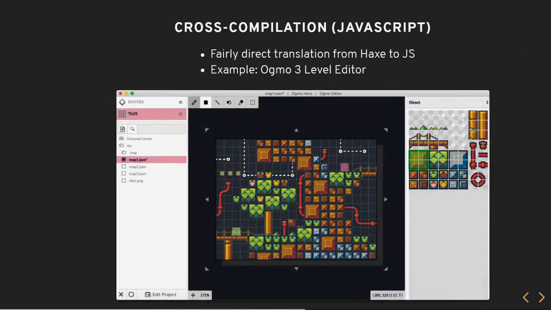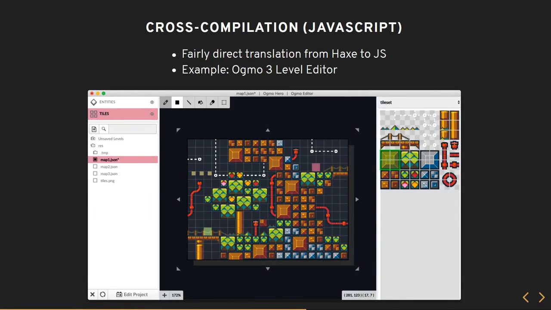So yeah, let's look at an example. This is an actual project, the OGMO 3 level editor, a 2D editor for games. It's written in Haxe, but it's targeting JavaScript, and more specifically Node.js and Electron.